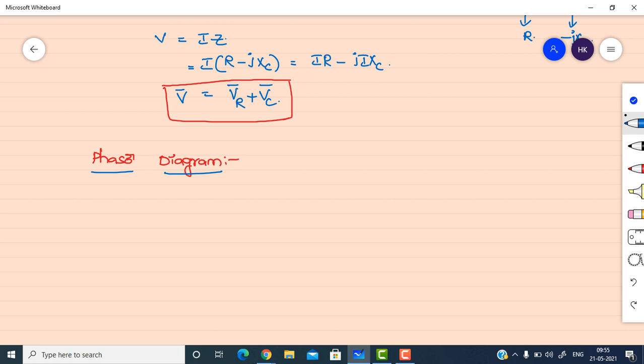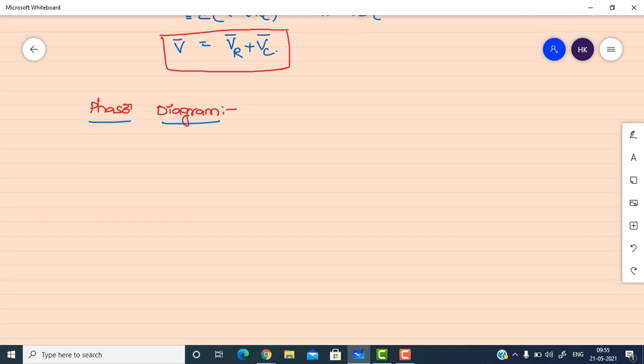But in the series circuit, current is same. So only one current is there in the circuit. So that's why we have to take current phasor as the reference phasor in case of series circuit. But if it is a parallel circuit, then take voltage as reference. Why? Because voltage is same across all the elements in a parallel circuit. So take voltage as a reference phasor in case of parallel, and in case of series circuits take current as reference phasor.